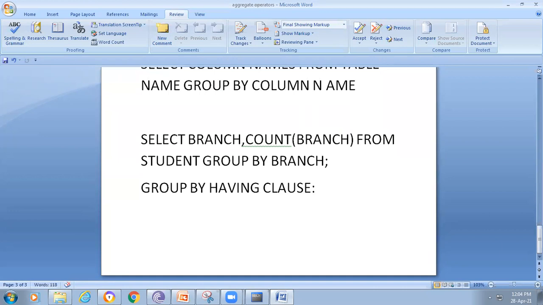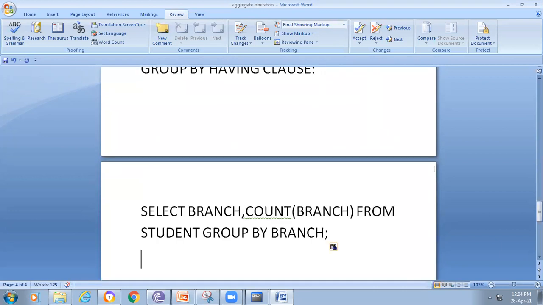We can write the same thing: select branch, count of branch from student, group by branch. Am I right? So here you mention the condition having. For example, having s number greater than 1.